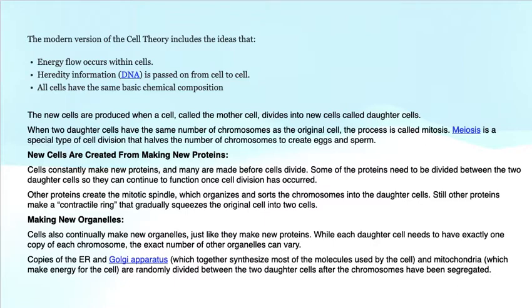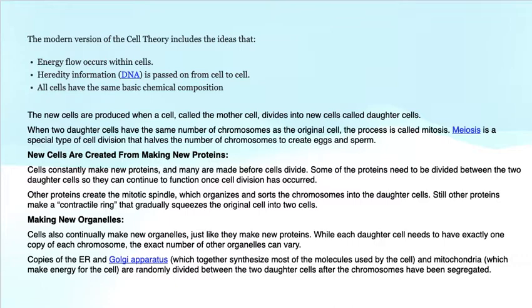The modern version of the cell theory includes the ideas that energy flow occurs within the cells, hereditary information, DNA, is passed from cell to cell, and all cells have the same basic chemical composition. New cells are produced when a cell called the mother cell divides into new cells called daughter cells. When the two daughter cells have the same number of chromosomes as the original cell possessed,